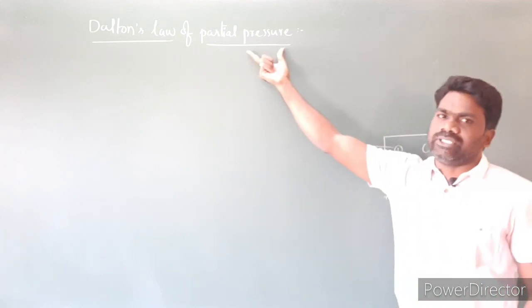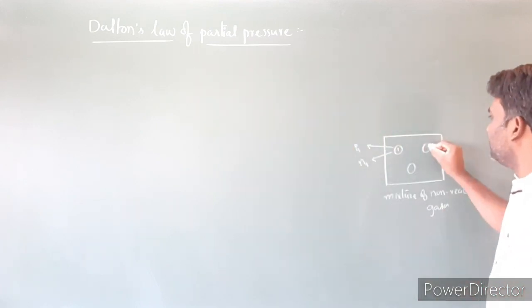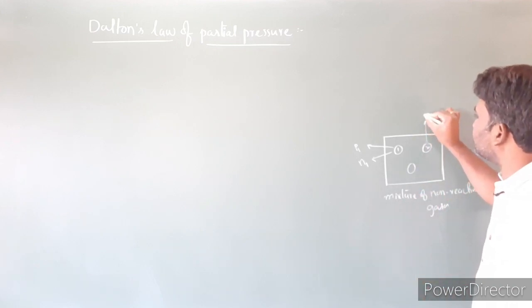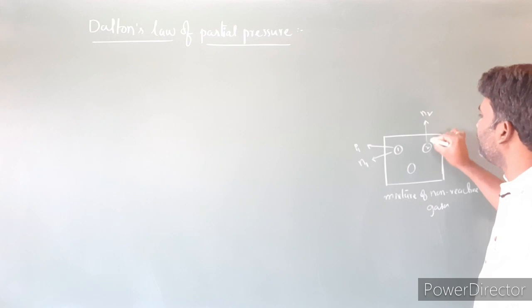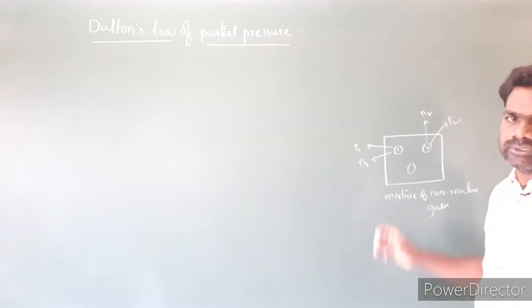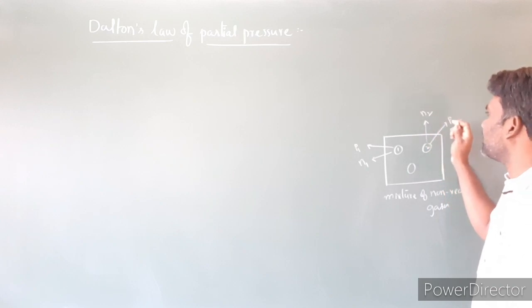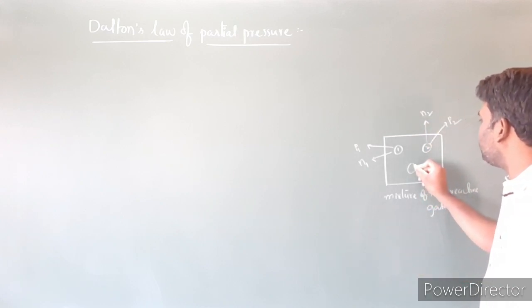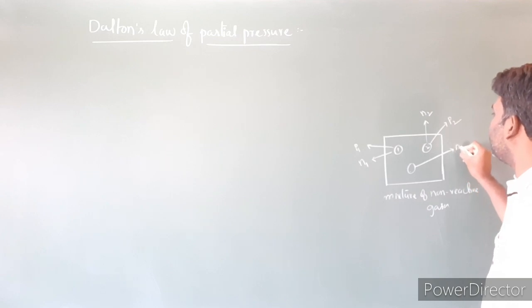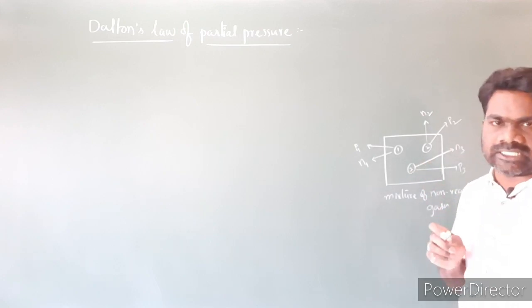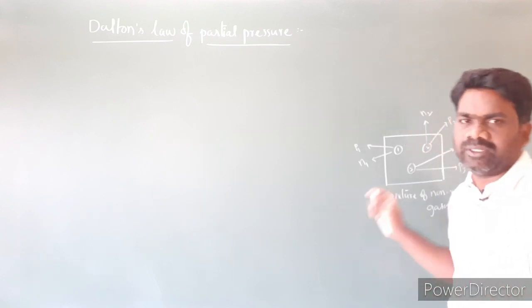Next, imagine this is the second type of gas molecule, and the number of moles of this gas I am labeling as N2, and the partial pressure of the second type of gas I am labeling as P2. And it contains a third type of gas, the number of moles is N3 and its partial pressure is P3.